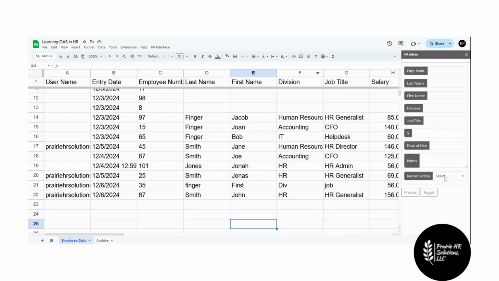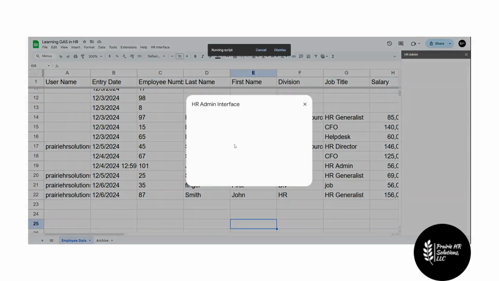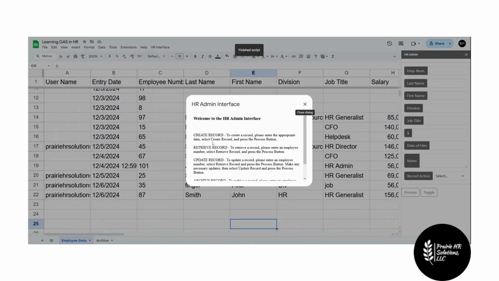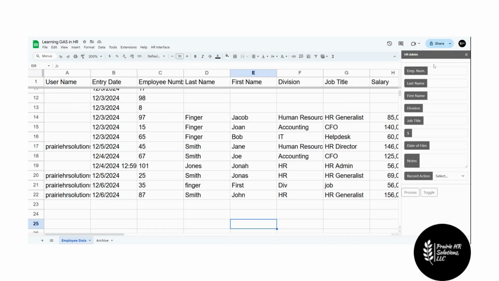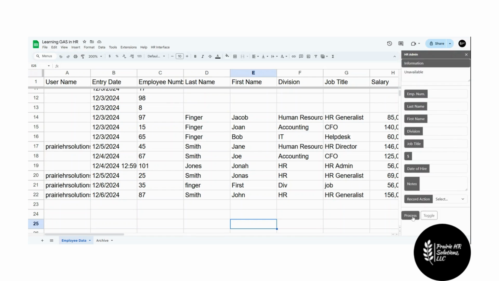You'll remember that where we left off in that last video is we created our instruction box here that pops up on the user interface of our Google Sheet, and it has our instructions. And then what we did was we created a div that by default is set at none, which means it's not visible and it doesn't take up any space. But then we were able to toggle that div or populate it with information. But you'll notice that once it's on, there really is no way to shut it off unless we run that